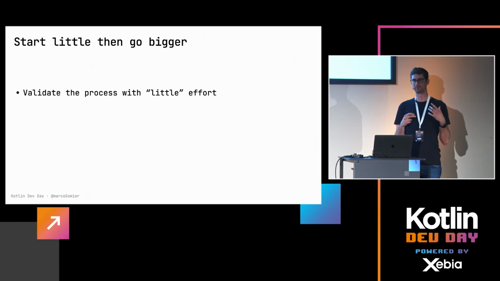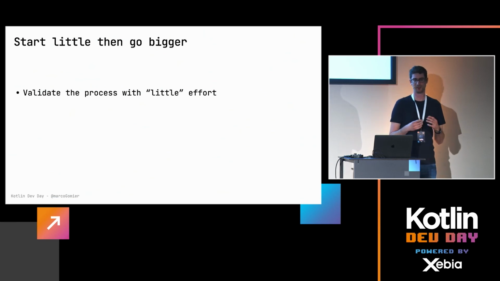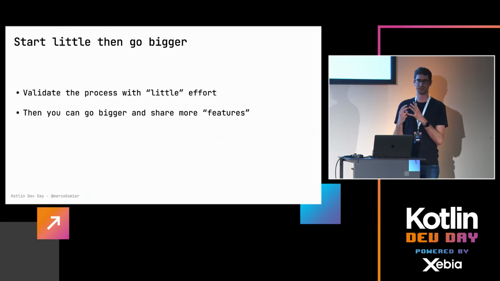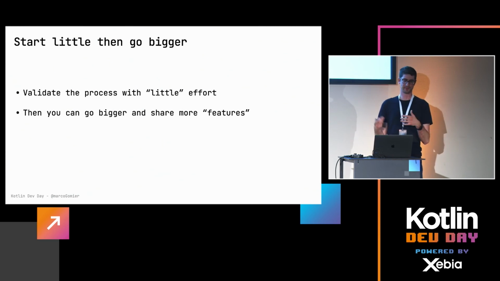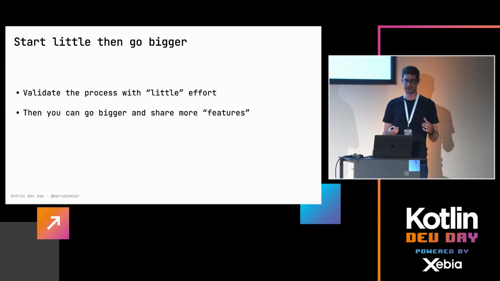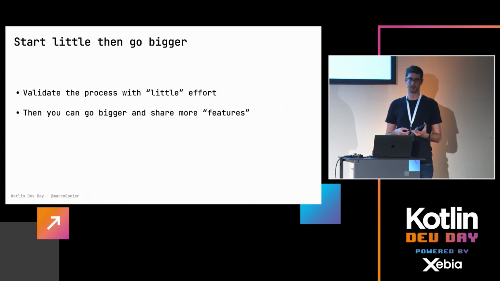Since you have to build some of the infrastructure, my suggestion is to focus on a little feature at the beginning. If you see that this little feature is working for you, then you can go bigger. You can start to add more and more features, and then you can live happier with some shared code. And that's what I did in my previous company. We started with DTOs,